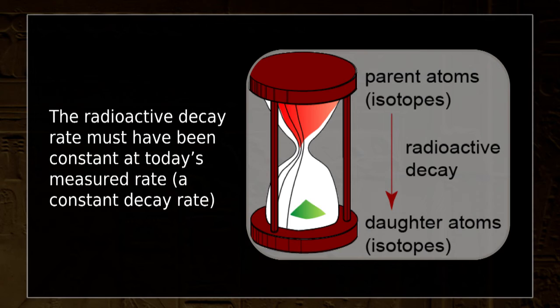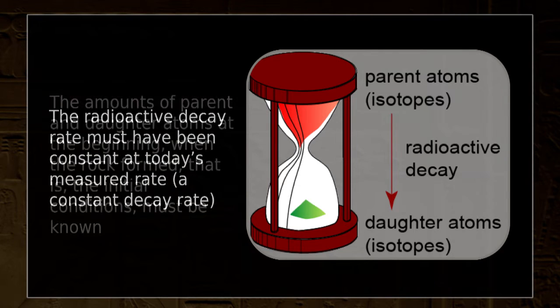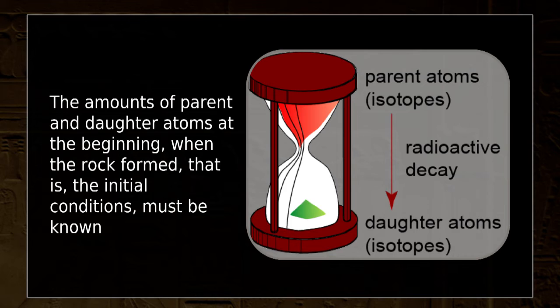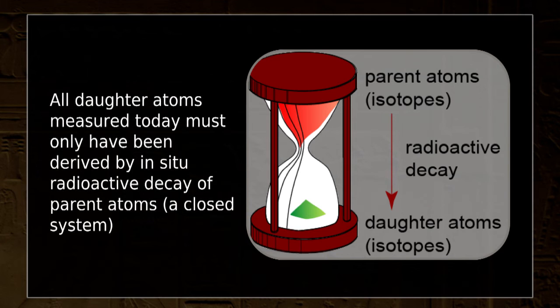I was just going to say, we just want to remind people of what these assumptions are. First of all, the rate of decay has to be constant. Sure, we can measure it today, but we weren't there millions of years ago to check that it was the same decay rate back then. We don't know the starting conditions, because the rocks may have had all these elements in them to begin with, both the parent and the daughter, whereas they assume that there was only parent there to begin with and no daughter, and then over time the parent has decayed to daughter, and of course that there's been no contamination in the millions of years supposedly since the rocks formed.